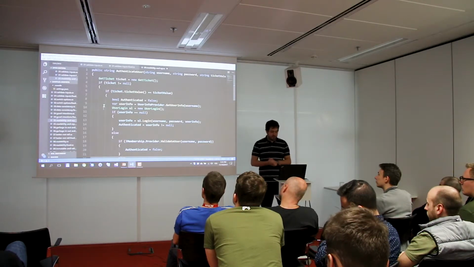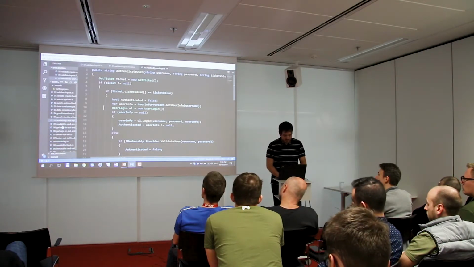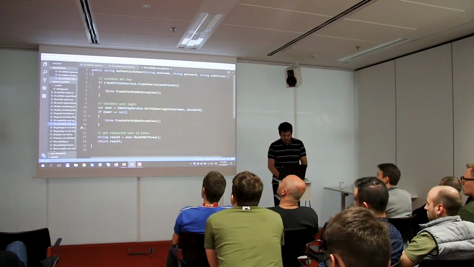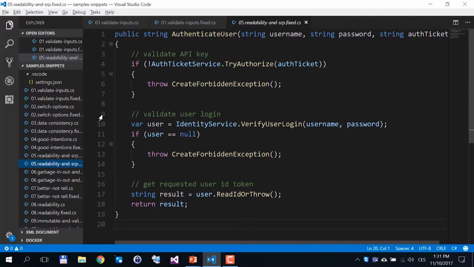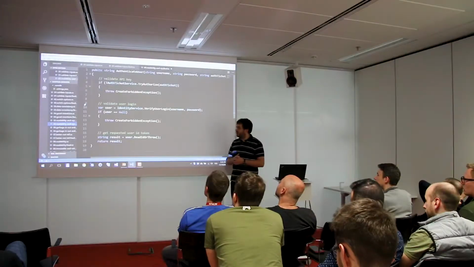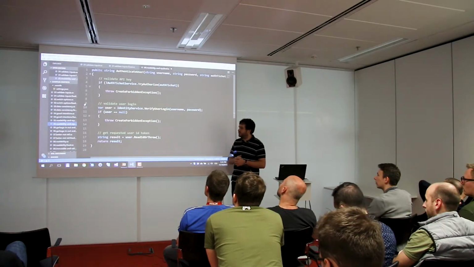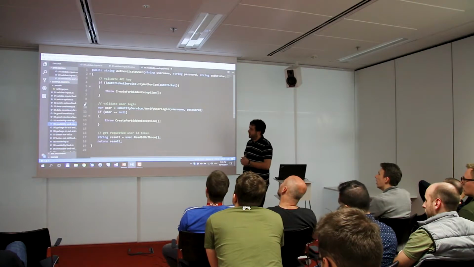I will also show you how the method has been rewritten. And it's definitely less code because a lot of code has been moved to some other services. There has been created a service for authentication tickets, a service for verification of login, and a method that just reads some value in the same way from the user instance. And that's basically